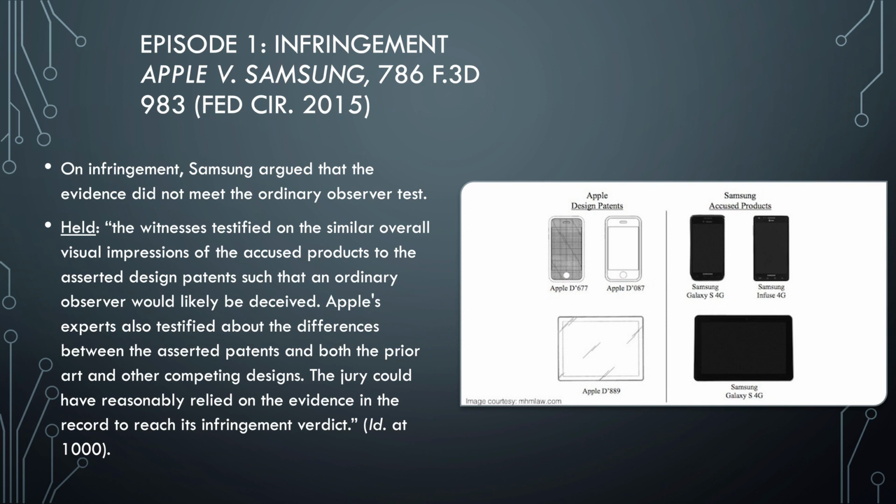So, as we're back on now, we have that firmly planted in your mind. Let's look again at our pictures here on the next slide. We see again the Apple and the Samsung products. And on infringement, again, Samsung said, look, an ordinary observer would look at the two phones and they wouldn't confuse them. You know, phones are phones. The Apple phones are sufficiently different from our phones that no one's going to be particularly confused. They'll recognize one's an Apple, we're not, right? That was their basic argument, factually, that ordinary observers just aren't going to confuse the two.